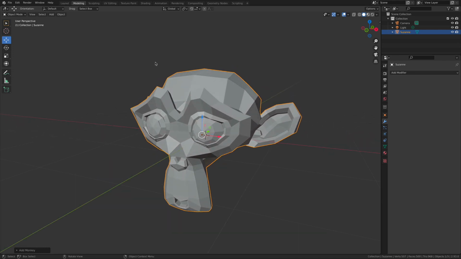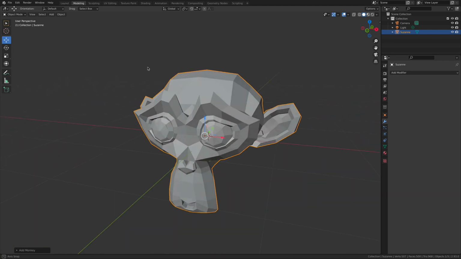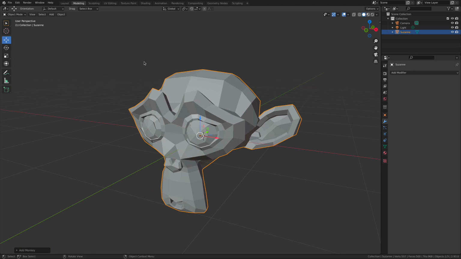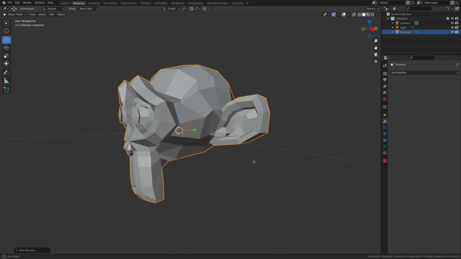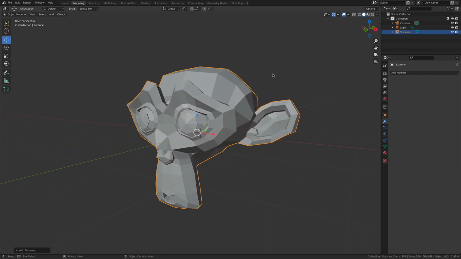Now there's a lot going on inside the Blender interface. This is just a basic overview. And then over the next couple of weeks, you're going to get more and more familiar with working inside of this application. I think you're going to find that's pretty great and it's very easy to use.